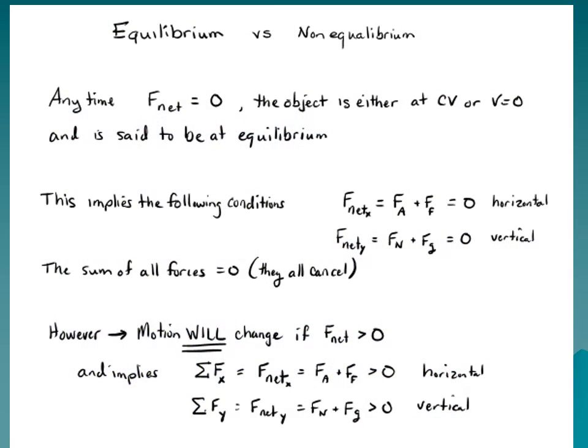Okay, so this is just me handwriting where I had the chance to talk a little bit more about that and see what it implies. So let's see what we've got here, because we're almost done. So equilibrium versus non-equilibrium. Anytime net forces equal zero, we know that the object is at constant velocity,